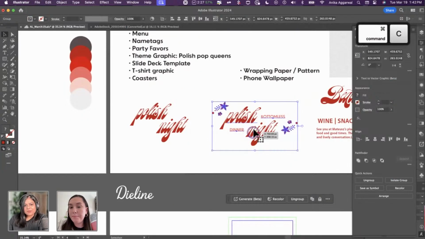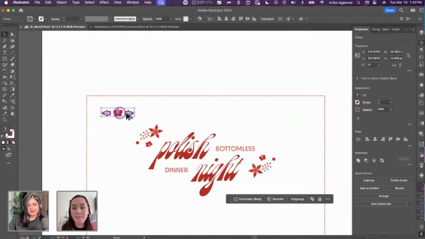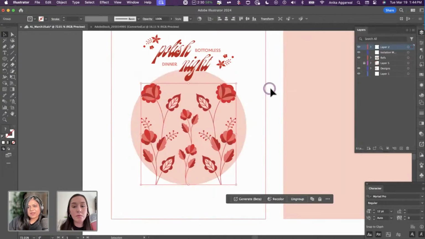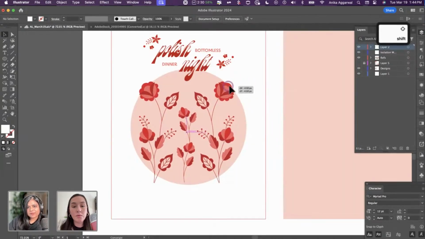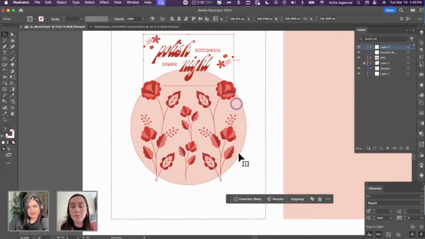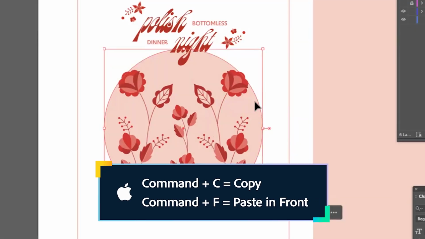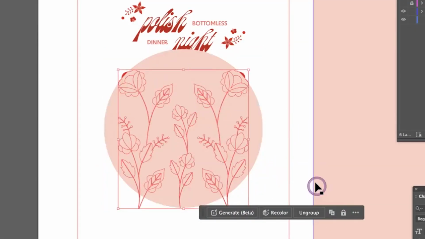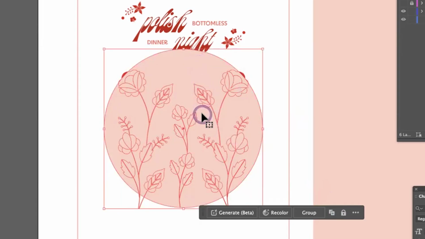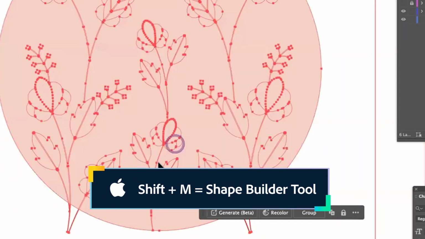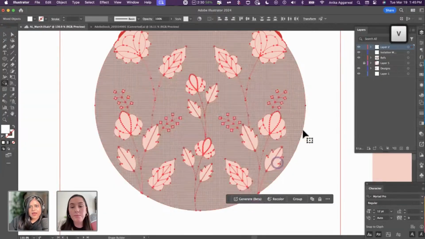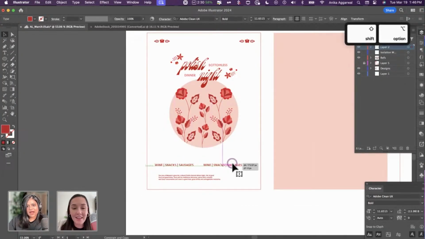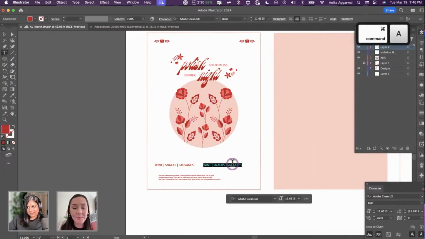Let's bring this lockup here. So what I'm trying to do is find a layout here. I like how this is coming out the sides over here. What I really want to do is cut some of these lines. Command F, and then I'm going to select this, which is my flower layer, and I go back and select my circle as well. And now I'm just going to use the shape builder, which is Shift M, and delete these little lines here. And voila. And then obviously I want to say what we're eating at the event.